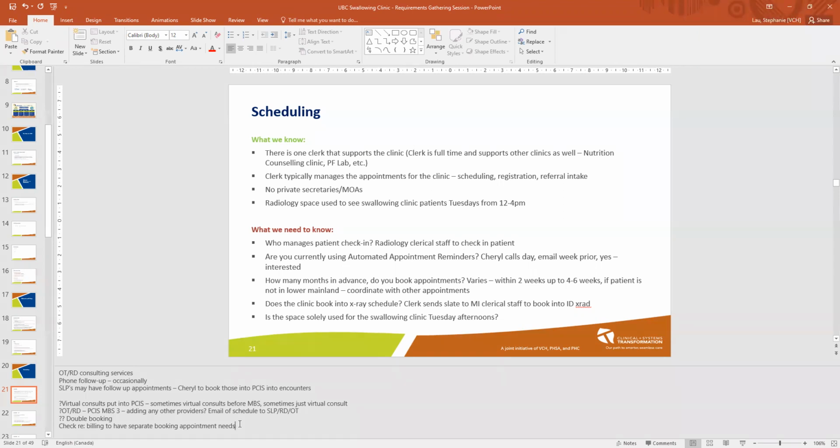Yeah, what I'm thinking is because with CPOE, with other physicians in Cerner, when they put in the RF order for barium swallow, and they choose a location where they want that barium swallow to be done at, and they'll choose UBC, that requisition will get routed to the MI department. We'll have to discuss that. There is a workflow at St. Paul's. It's very similar. There is an order that comes in, we've worked out a workflow with Emma. Okay. We'll share with you and we start prepping for this.